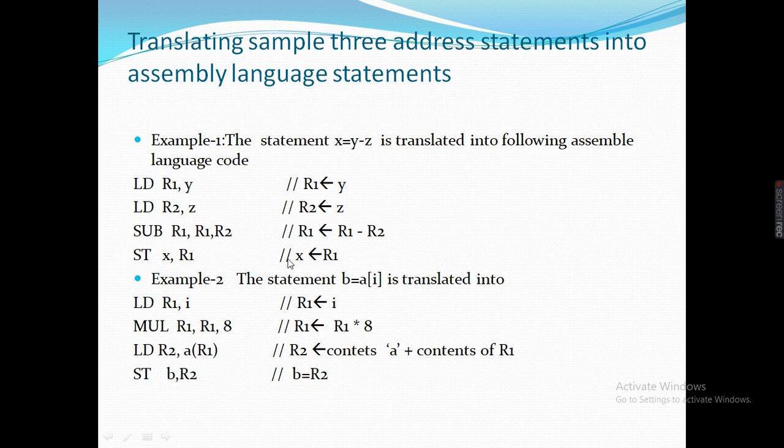Right? So store the result back in variable b. ST b comma R2, this causes the value of register R2 to be stored in variable b.